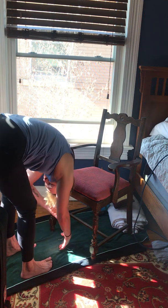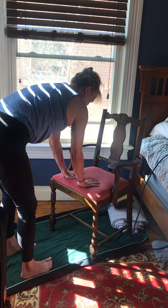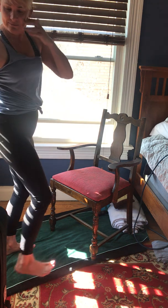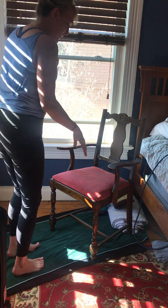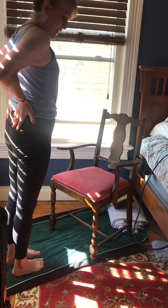And then slowly coming out, very slowly. Good. And standing all the way up. All right. I apologize. All right, so now if you have a chair, and again, if you're tighter in the hamstrings and